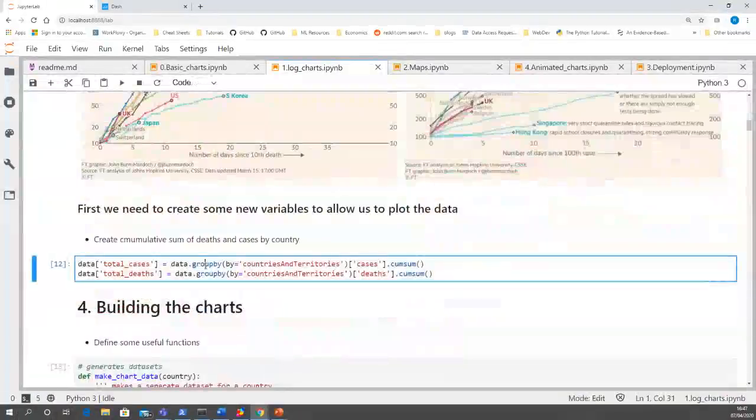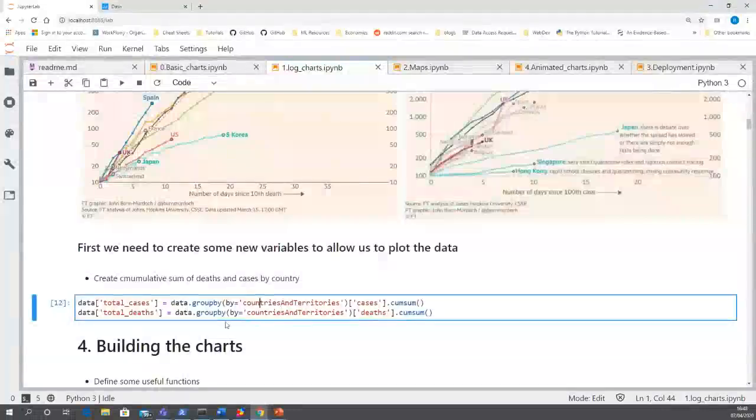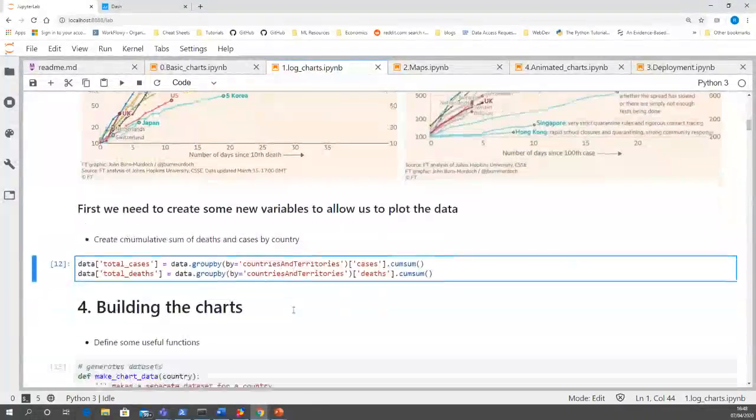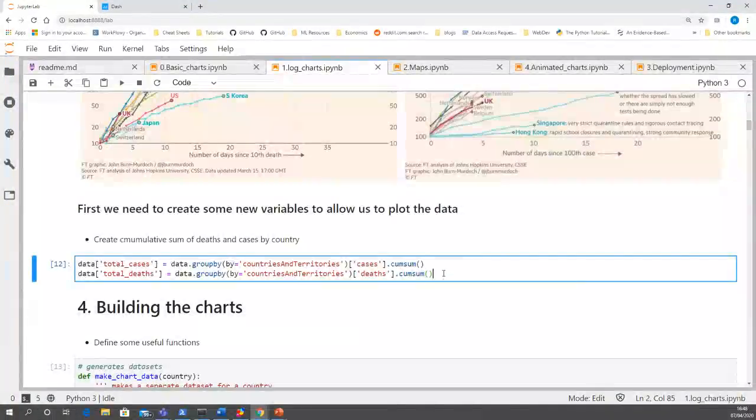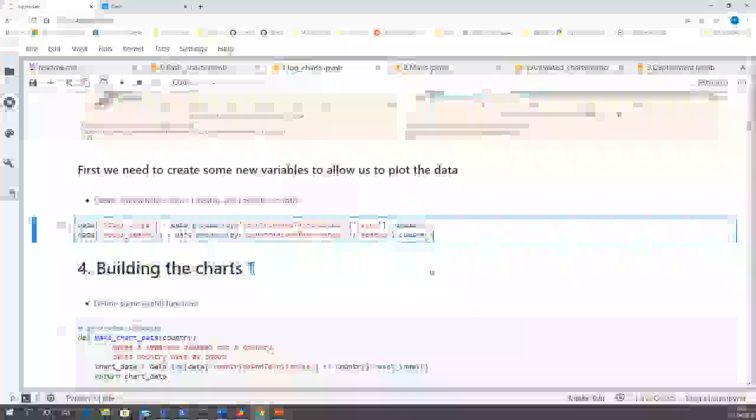So firstly, we need to create the variables. As before, we're creating here the cumulative sum variables for each country. So all the cases of the UK are summed over time, all the cases of the US are summed over time, so that in the latest date it has the highest number. What I'm also going to do